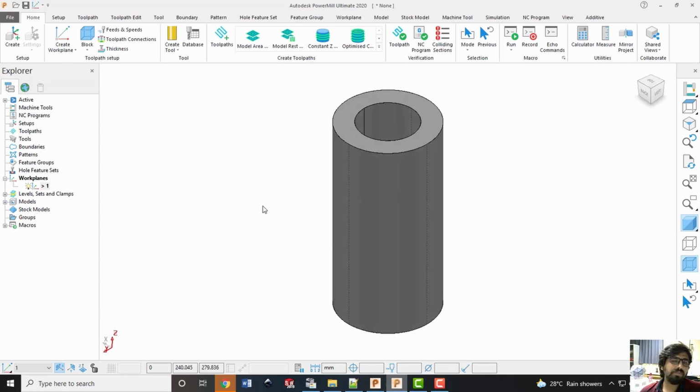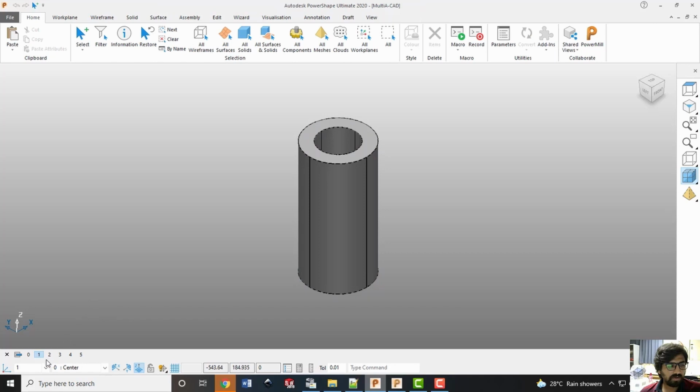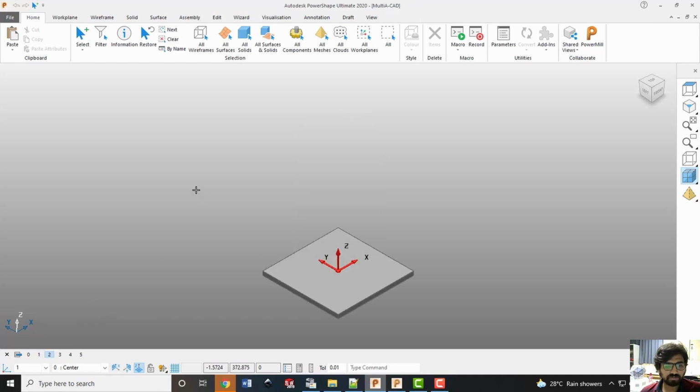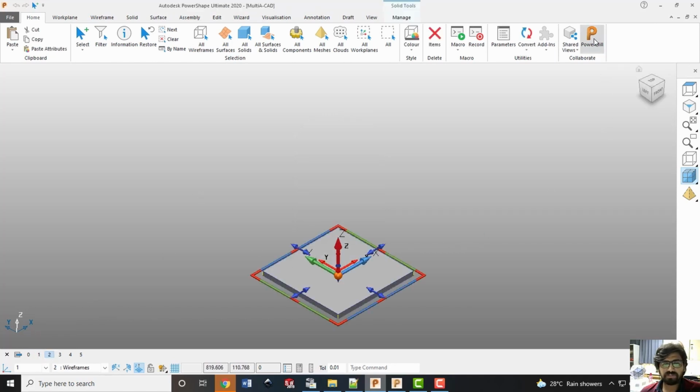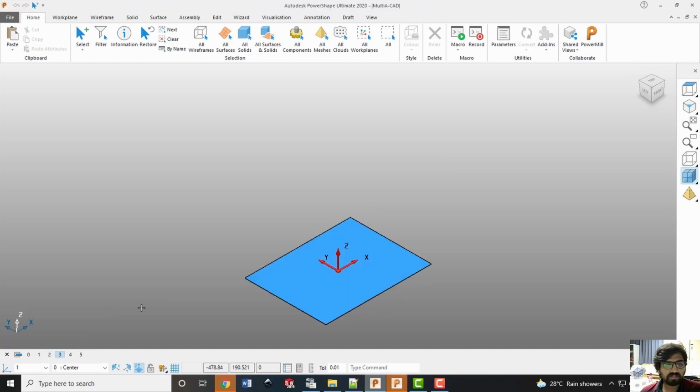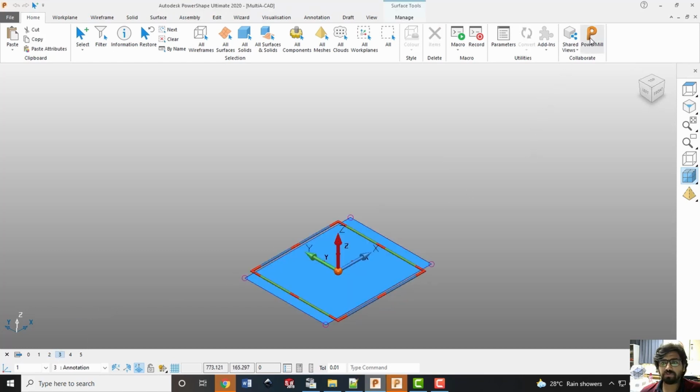Now I can import the substrate as well as the surface, which we will utilize to slice the object and create the toolpath. So I'll go back to PowerShape, and now I'll switch this off and switch that on, and I'll transfer this substrate as well as this surface, which will be my slicing plane.